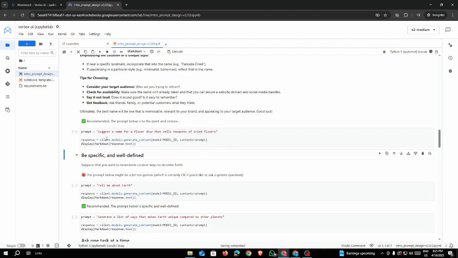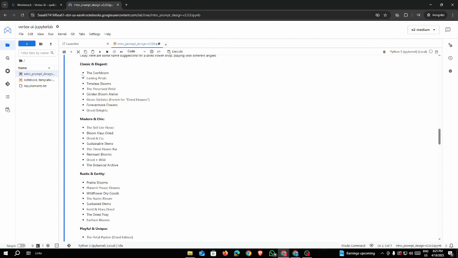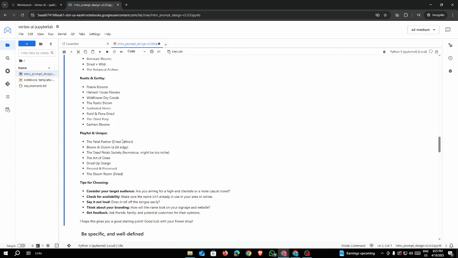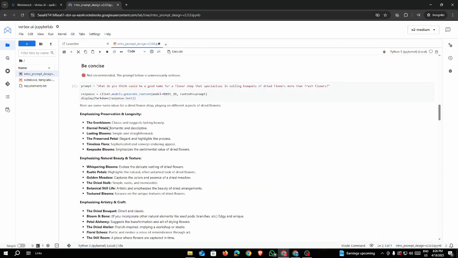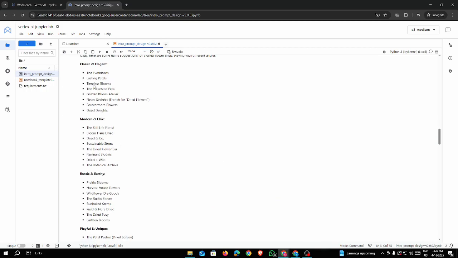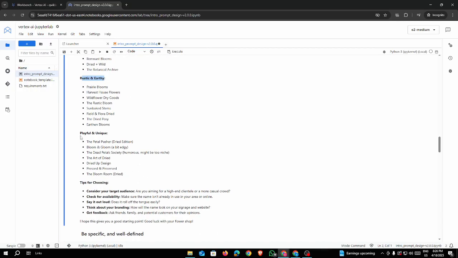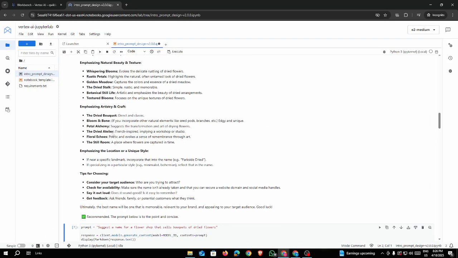Let's run this. Now we can see classic and elegant, and many names. If you scroll down, you get a list of more names. If you compare to this, there are more categories. Here there are only three categories, or four you can say. But here, classic and elegant, modern and chic, rustic and earthy, playful and unique. Then there are tips for choosing. So again, there are four categories, but still there are more names than the old